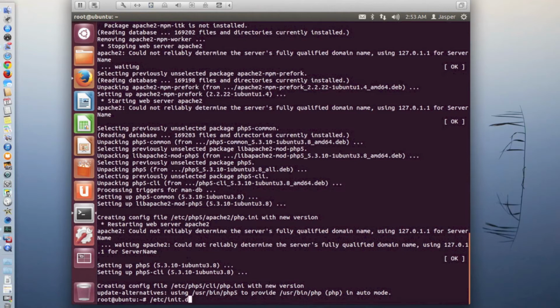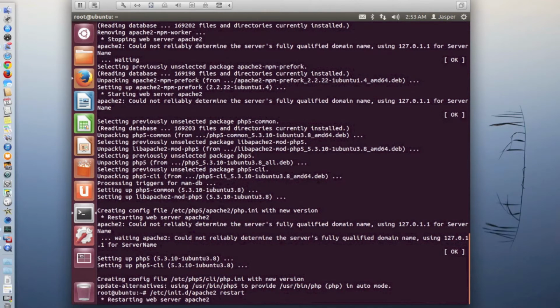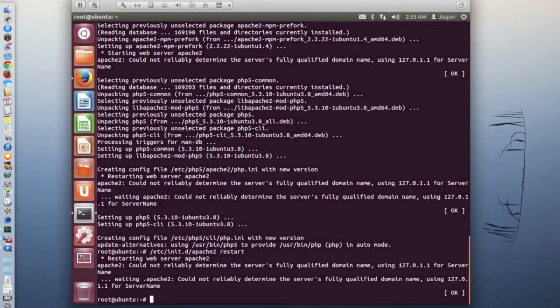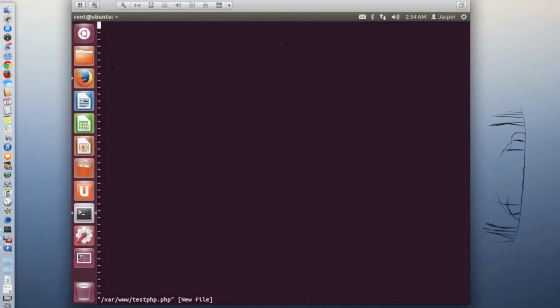/etc/init.d/apache2 restart. Now we're going to test if PHP is correctly installed. Open your favorite editor, like vi /var/www/testphp.php. Now insert the line